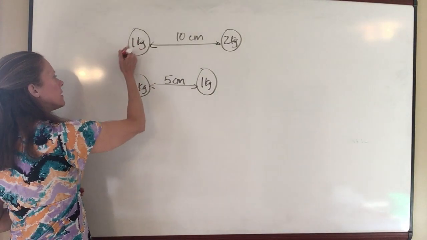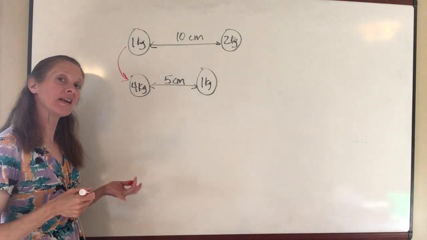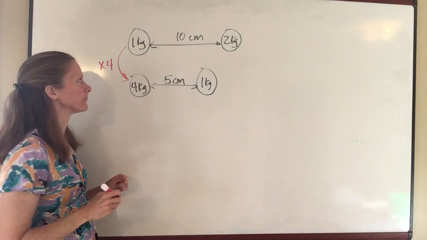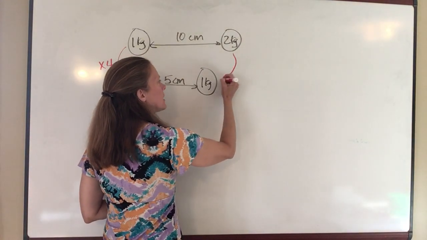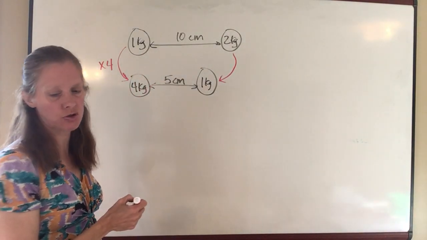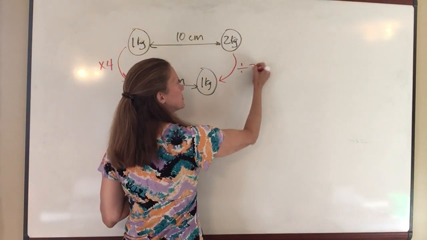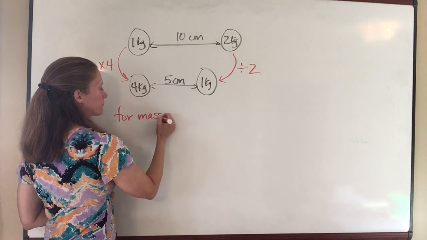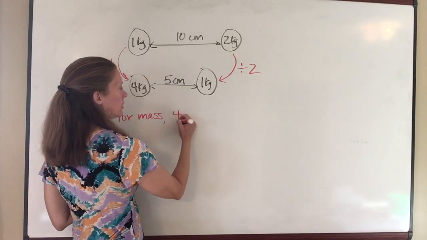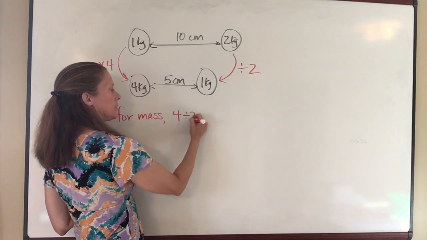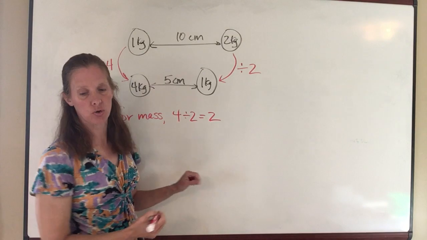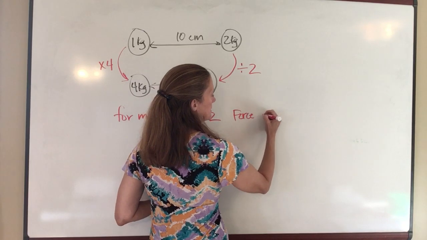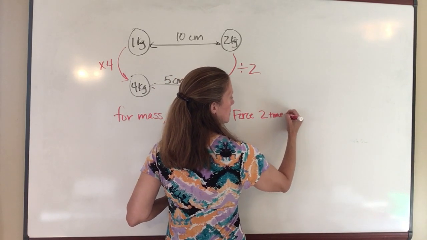So from 1 kilogram to 4 kilograms, what did I do in order to get from 1 to 4? Well, I had to multiply that by 4. Okay, what did I have to do here? Well, to go from 2 kilograms to 1 kilogram, I had to divide by 2. 2 divided by 2 is 1. So for the mass, I took 4 times greater, and then I divided it by 2, which gives me 2. So as far as just the mass is concerned, my force is now 2 times bigger